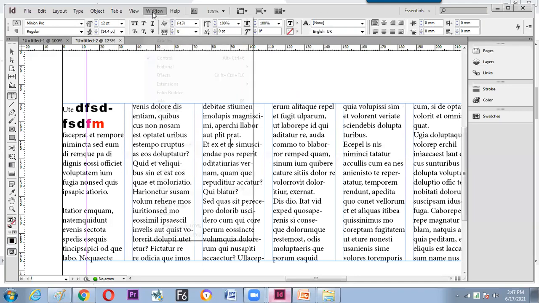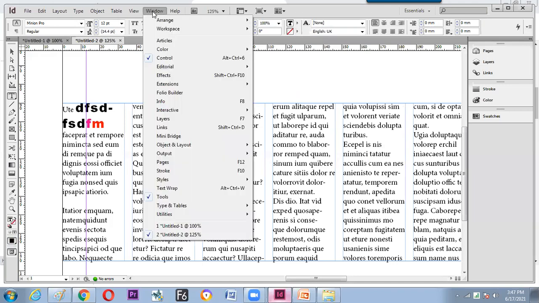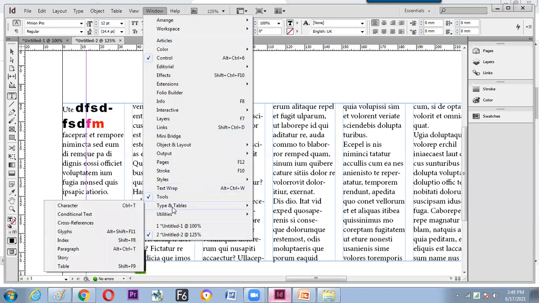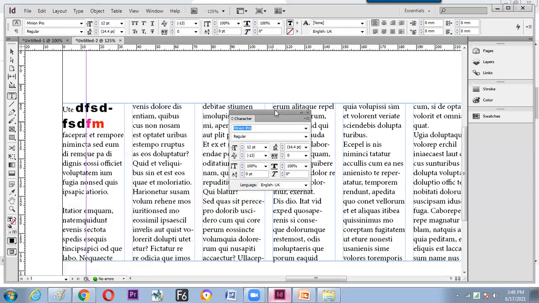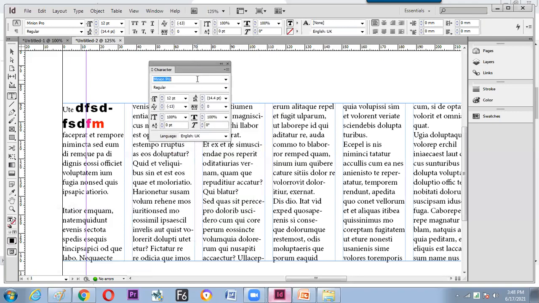We can find the window called Windows, Type, and Control T. The first window we have introduced is the character palette. Is it okay now? Control T is the first keyboard shortcut we have introduced to find the whole thing, whatever we have listened to over there, that is here.